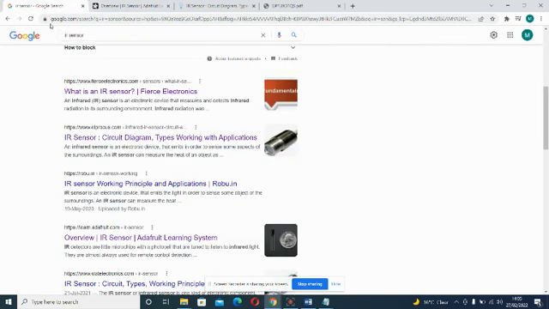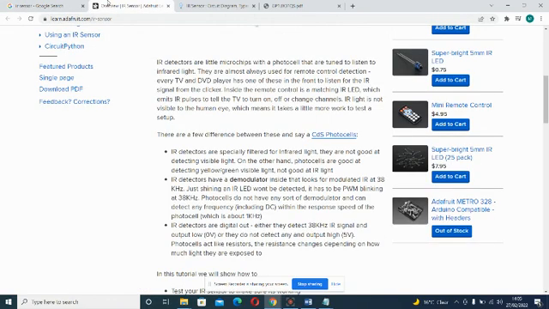Now coming on to the IR sensors. IR technology is used in daily life and also in industry for different purposes. For example, a TV uses an IR sensor to understand the signal transmitted from a remote control. The main benefit of IR sensors is that they have low power usage, a simple design, and convenient features. IR signals are not noticeable by the human eye.